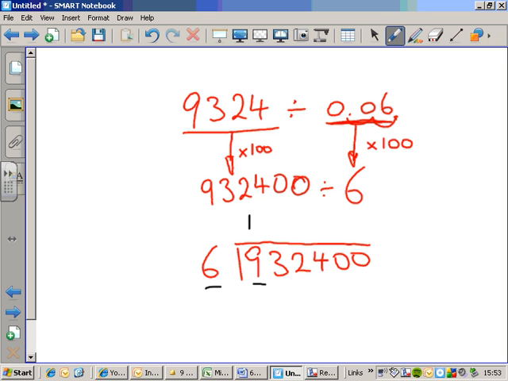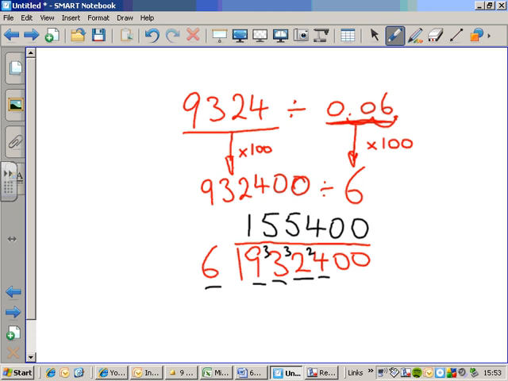How many 6's go into 9? 1 remainder 3. How many 6's go into 33? 5 6's are 30, so it's 5 remainder 3. How many 6's go into 32? Well, that'll be 5 remainder 2 then, won't it? How many 6's go into 24? 4 6's are 24, aren't they? And 0 divided by 6 is 0, and so is 0 divided by 6. So it gives us an answer of